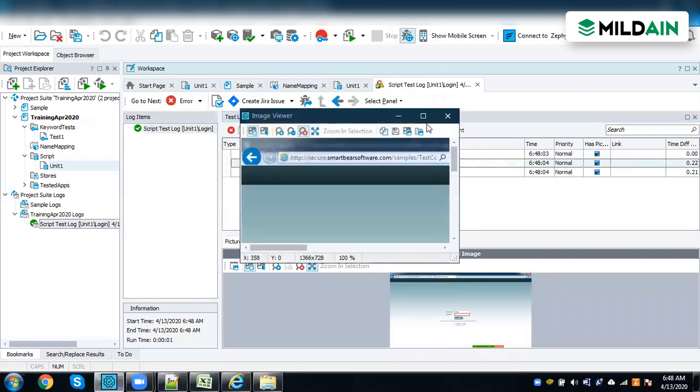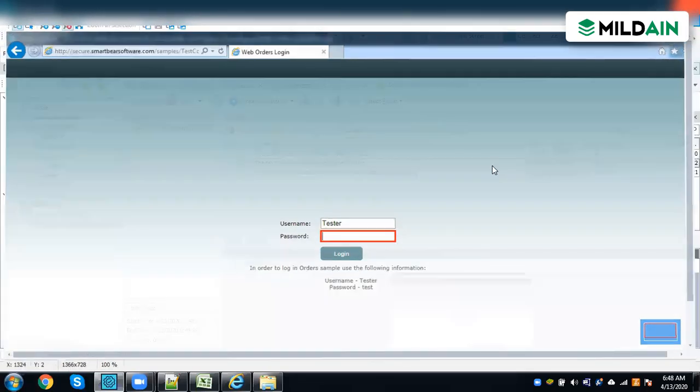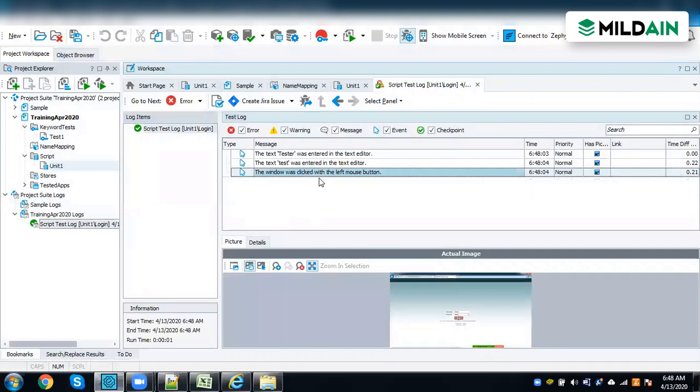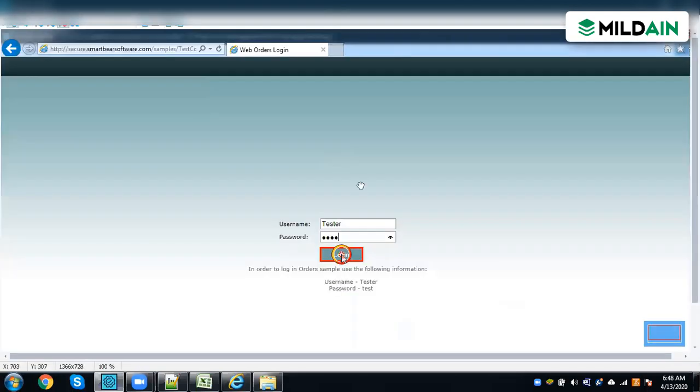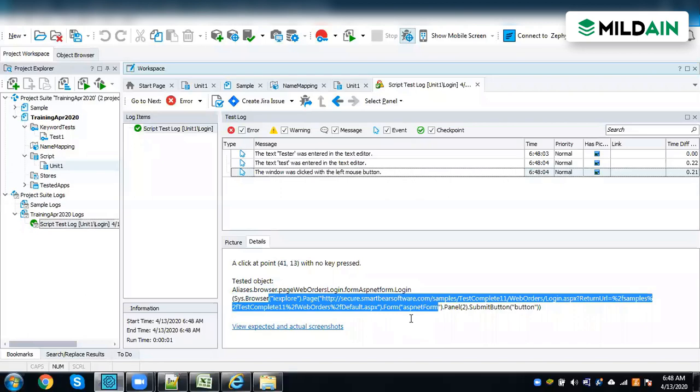If you see, the picture is automatically captured. So it is entered. Now it is going to work on the password box, and for the next step you'll get the picture. It is going to click on this. Picture and detail: this is the actual detail of what has been happening in the background.